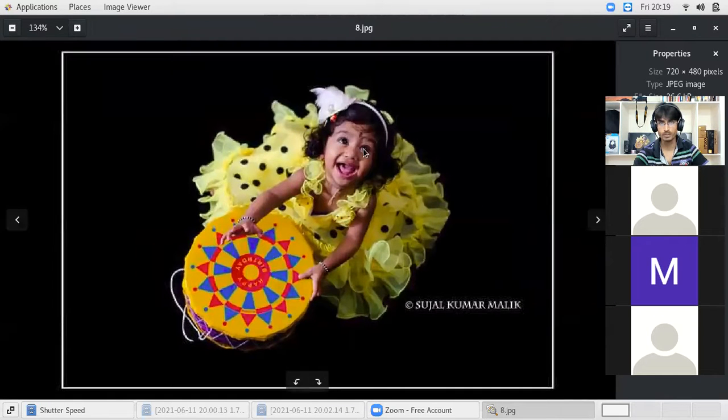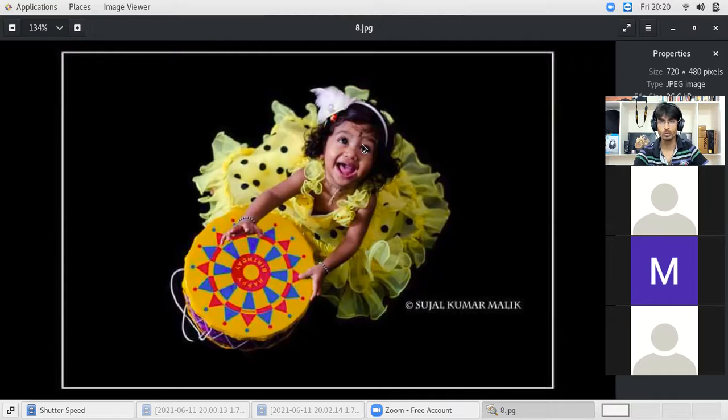See this photo, this particular kid. Normally what we face, if we are trying to capture photo of a particular kid, they will be moving like anything. So if we try to take a photo with auto mode, where the camera is trying to select the shutter speed for us, the shutter speed that the camera is selecting will not be appropriate. It may be slower, and with the slower shutter speed, what we get, we normally get a blur photo.